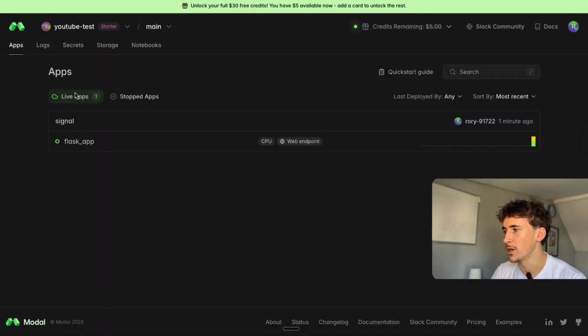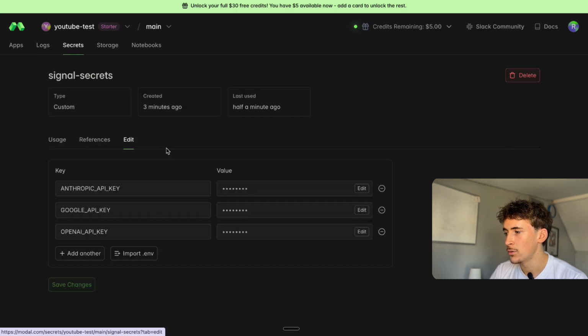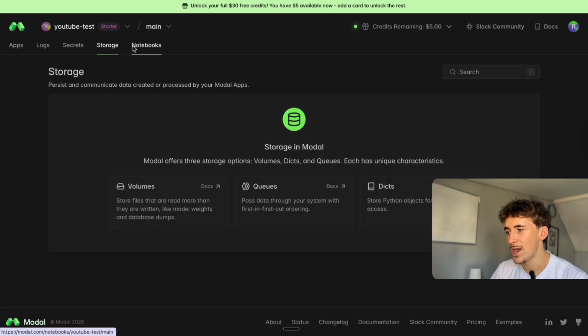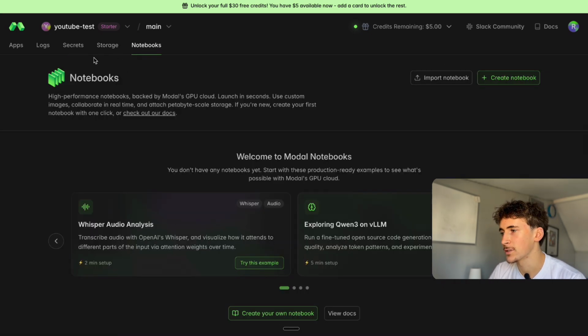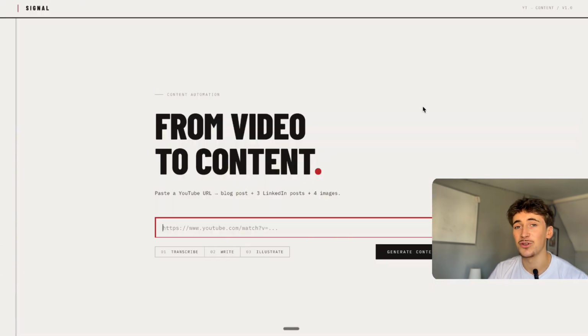When we come over to Modal here, we've got the app there. We've got the logs, we've got all of our secrets, which for me is my Anthropic API key, my Google API key, and my OpenAI API key, then our storage, and then notebooks. You don't really have to worry about that kind of stuff. You don't really even have to come into this back end of Modal, to be honest. The main reason you do it is just to get it hosted off of Claude Code and to get